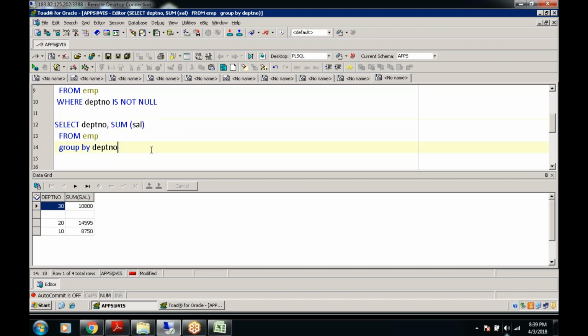Why do we need group by? Very simple. When I'm grouping by department number, I'm summing all the salary under the department number. Suppose here I'm again saying order by DPT number.